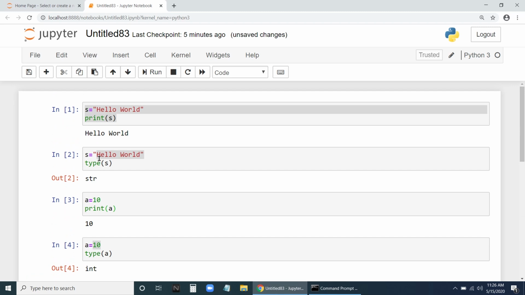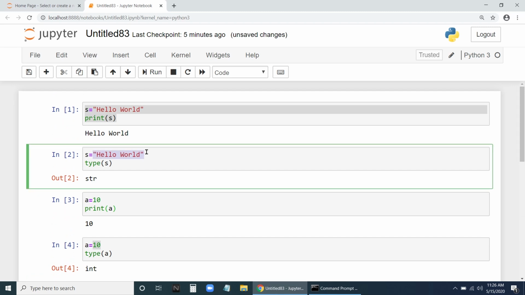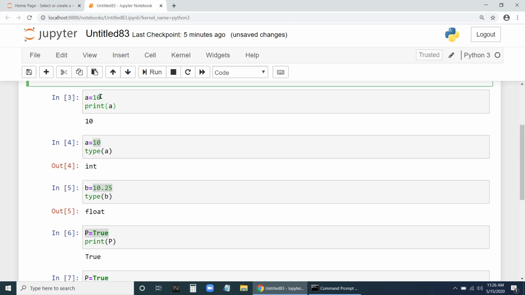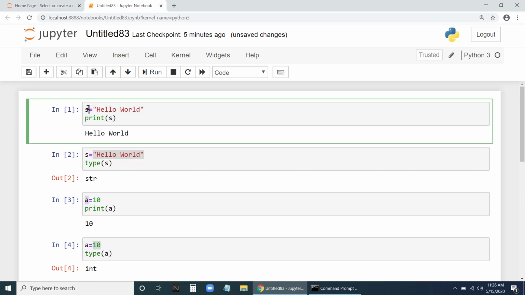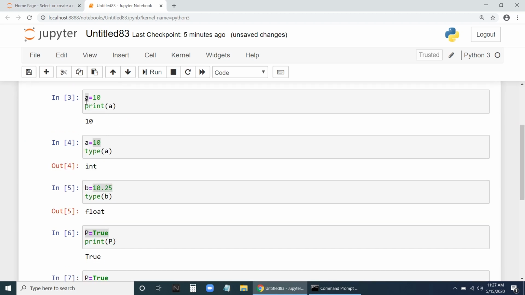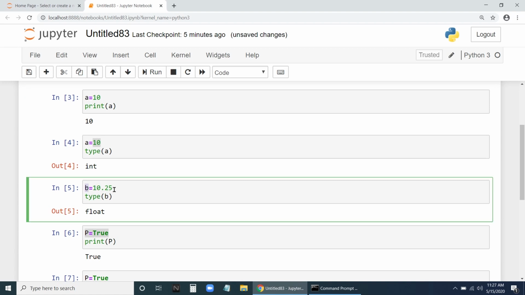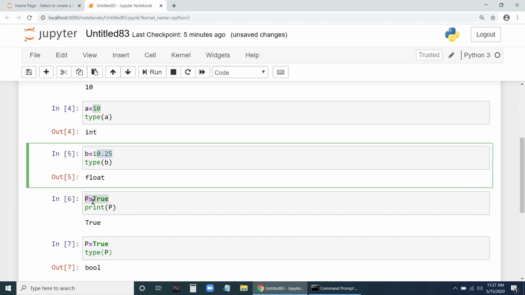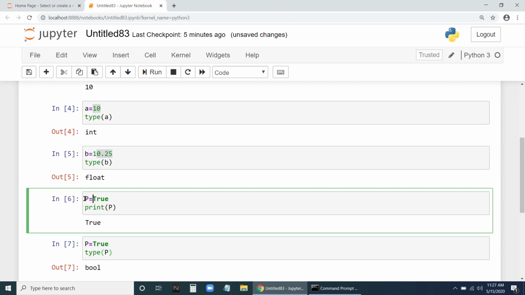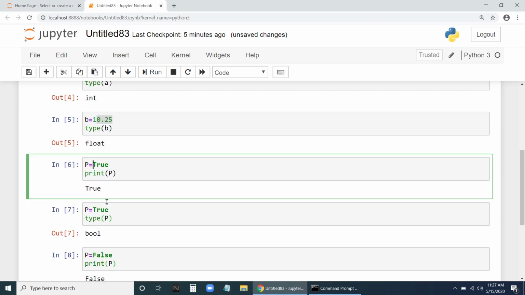So we have seen 4 data types now. One is the string, a set of characters, which we have given in double quotes. Another one is the integer, like numbers. This A is an integer variable. Now this S is a string variable, so it can store string values. A is holding an integer value. B is a float variable because it contains the float data type, numbers with decimals. P is a Boolean data type. Either true or false it can store.